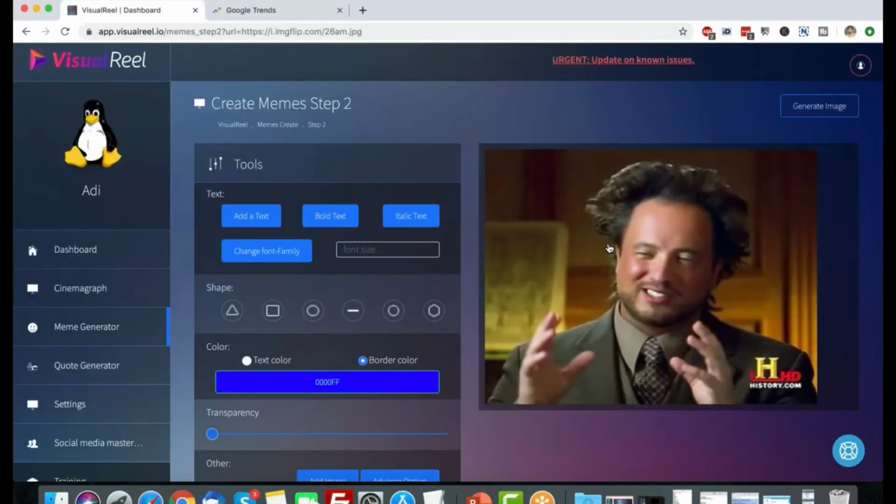And here's this picture. This is the meme template. And I can just add my text here, right? So I need to add something funny or controversial about Emmy Awards. So let me add some Emmy Award. Now let me increase the font size. Let me select all. Again, the editing is pretty much similar to what we did in Cinemagraphs.